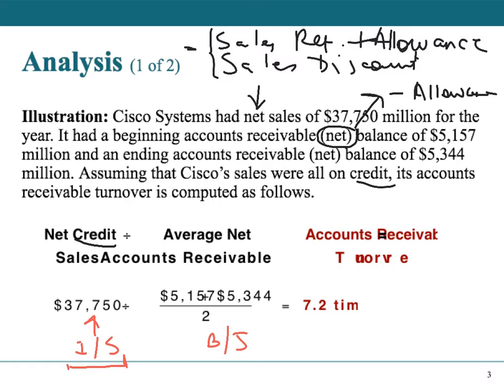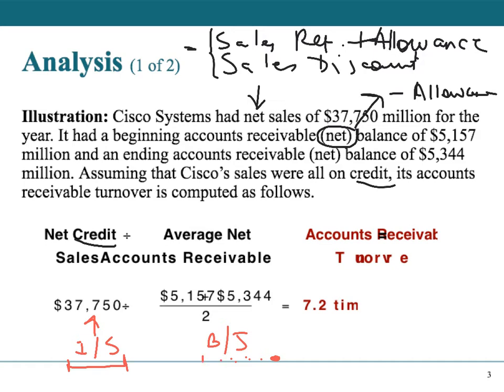Balance sheet, if you just grab the ending balance, you will be dividing it by one date at the end of the year. Imagine you're a startup company, so you didn't have anything in the beginning of the year, and now you have this great sales, but your receivables are at the end of the year just one number. It doesn't really give you a good idea of what's going on in the company because the time periods are not the same. So what we're going to do, we're going to try to artificially stretch the balance sheet